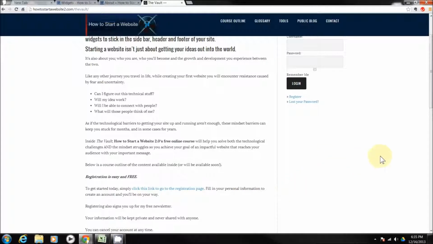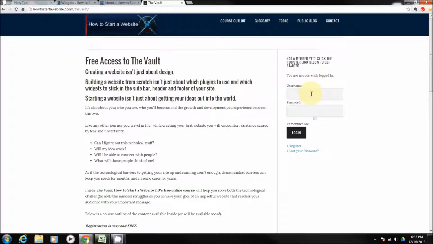to the registration page. And what happens is, if they register for the vault, at the same time they're given the email sequence to confirm that they're opted into my email list. And then when they come back here, they can just put in their username and the password that they created in the registration process to log in to gain access to the vault. So this is kind of a higher functioning way of getting people to subscribe to your website. It's not the traditional Aweber or MailChimp opt-in box. And in a future video, I will show you how to create those and how to get them onto your